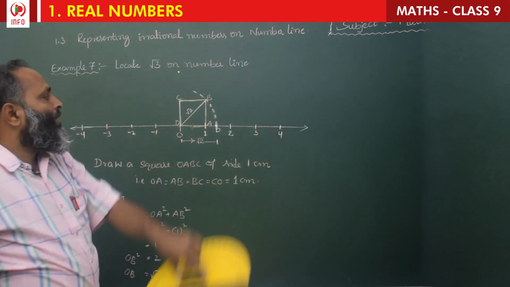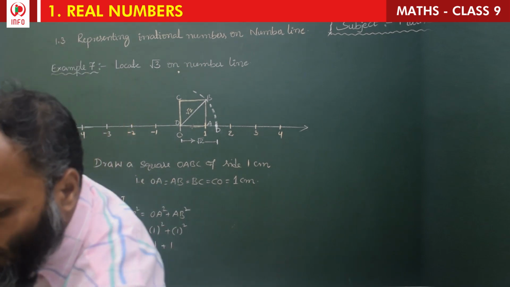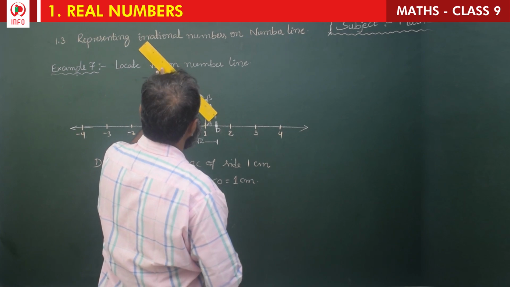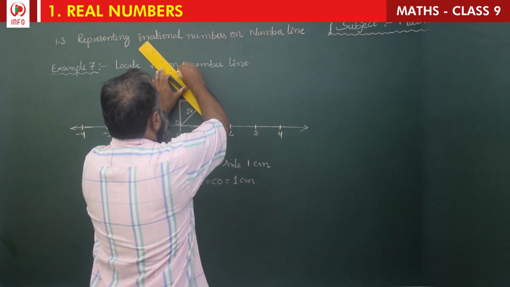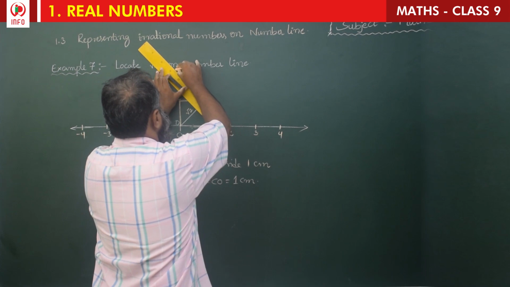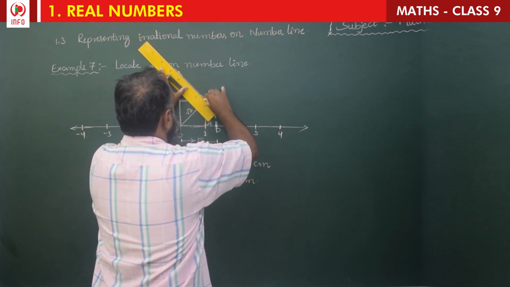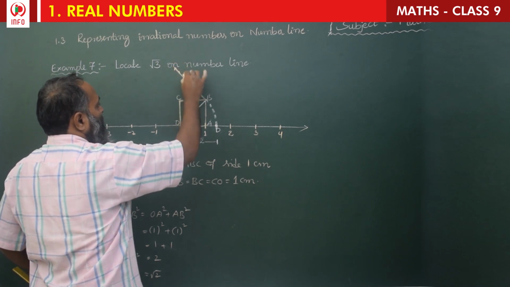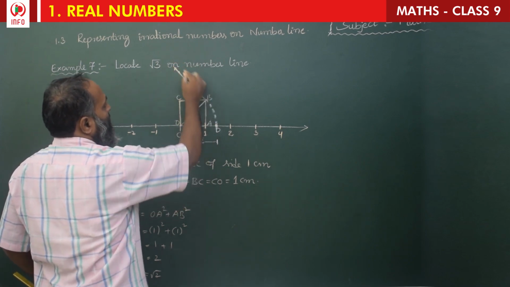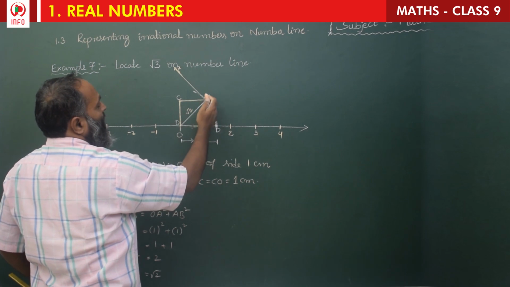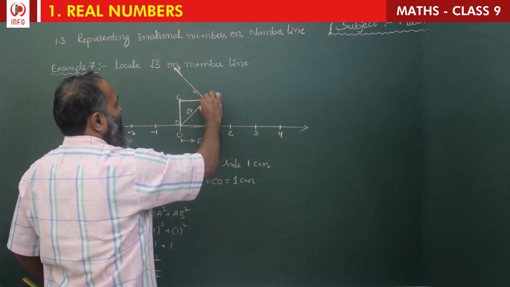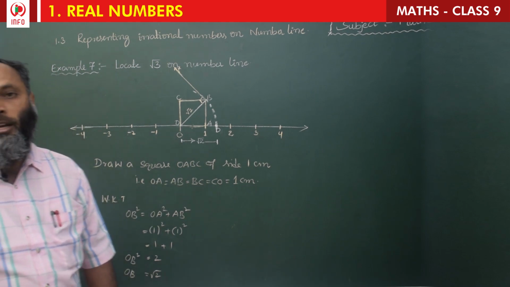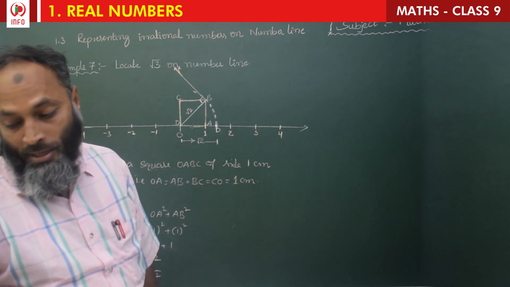So now remove it. Now draw a line from B, join like this. Okay, this is the ray. So OB and BX are perpendicular. Here they are 90 degrees. They are perpendicular.